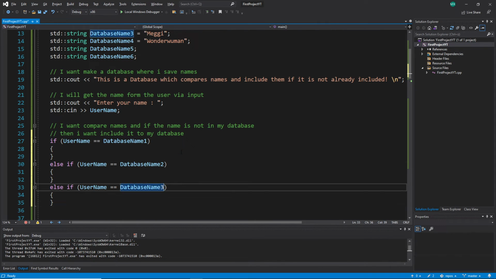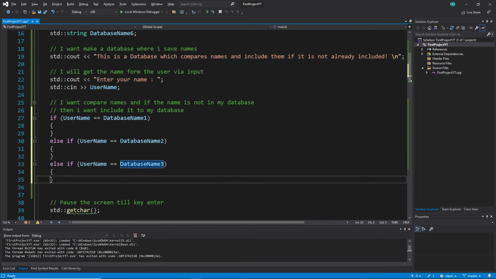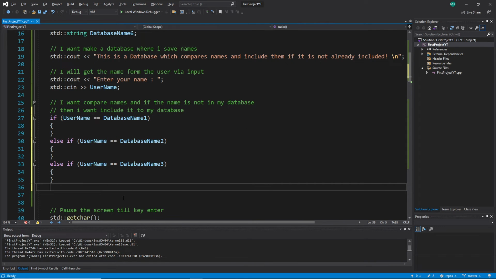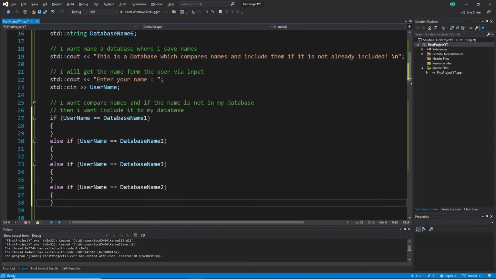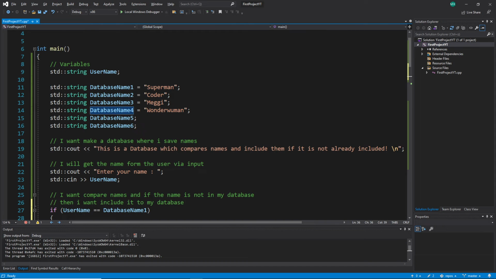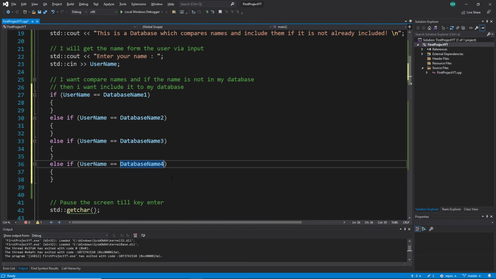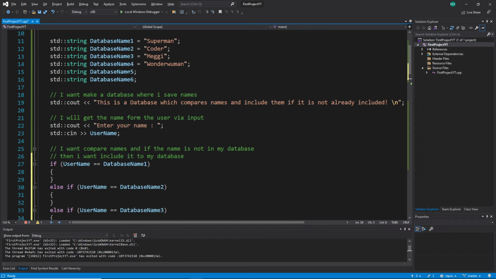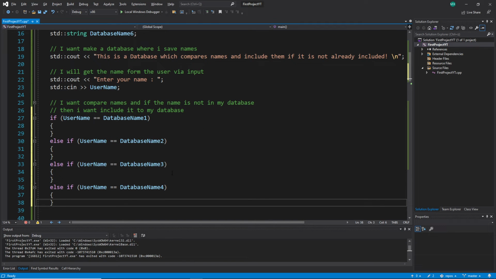Okay, I checked it with three, and I check one more time. Let's go for here, and with 4. So now I checked it with the first, the second, the third, and the 4. That was a whole lot of work already. And now I don't find it after this one. I have checked all the conditions, right? I checked all the names, but it was not there. And then